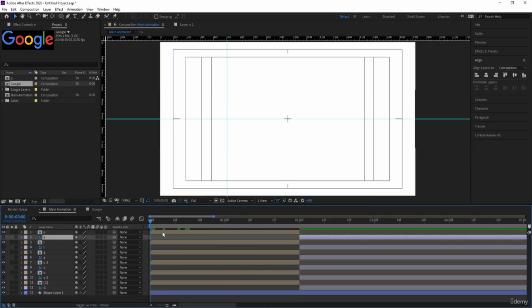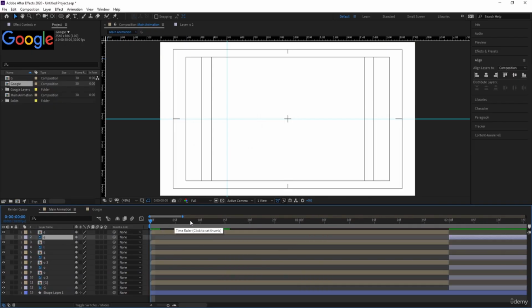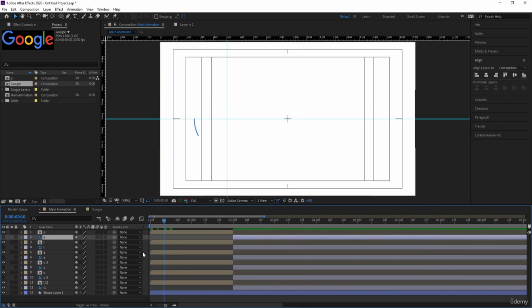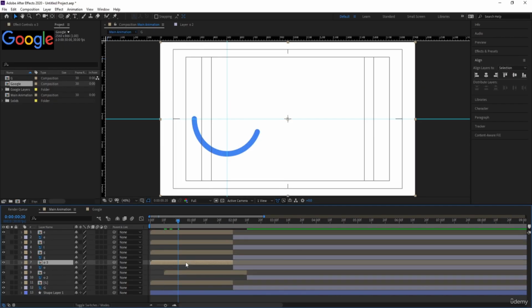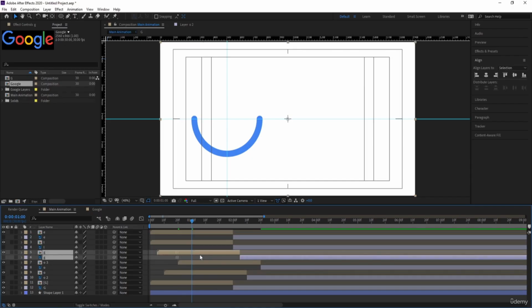Okay, and now what we are going to do, we are going to take a distance of 10 frames maybe, and select this O and this O, move this over here. Then go to around 20 frames, select this layer and this layer, move this over here. Go to around 1 second, select this G and this G, move this over here, select 1.10 frames,